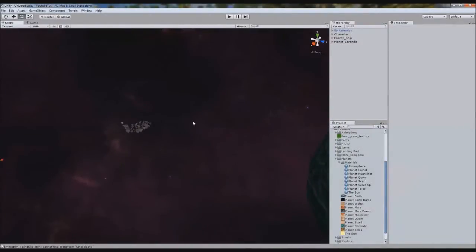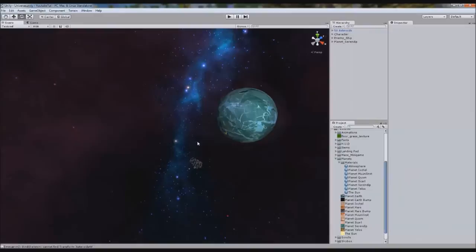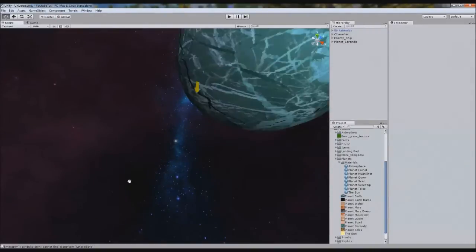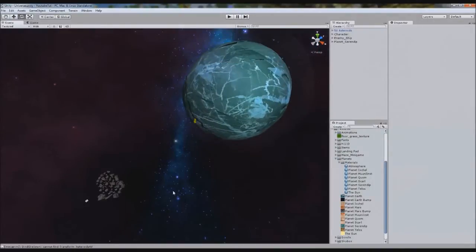What we're going to do in this tutorial is improve our space landscape by adding a lot more planets and some more cool features to it. We do eventually need a ship, which I am trying to model. I'm just trying to find a decent one to model. So what I did is I went looking on the internet and I found a couple of